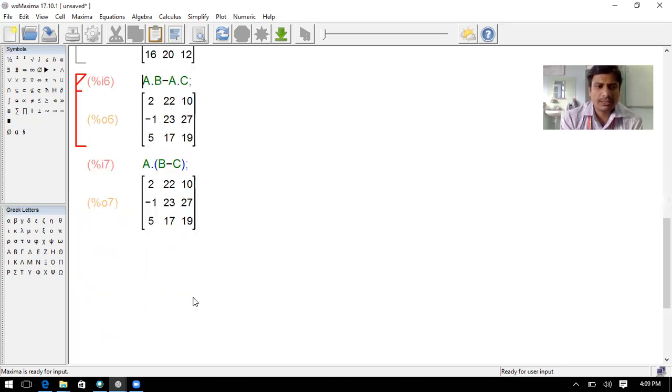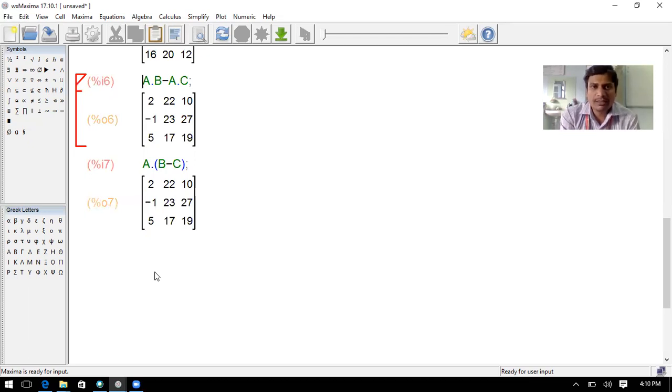We are not using the star operator. You take only the dot operation. Why? Star means element-wise multiplication. Dot means row and column multiplication. Remember this one, this is important. Star means taking any two matrices, the element-wise multiplication: the first matrix's first element is multiplied to the second matrix's first element, the first matrix's second element is multiplied to the second matrix's second element. Okay, this is element-wise multiplication, star.